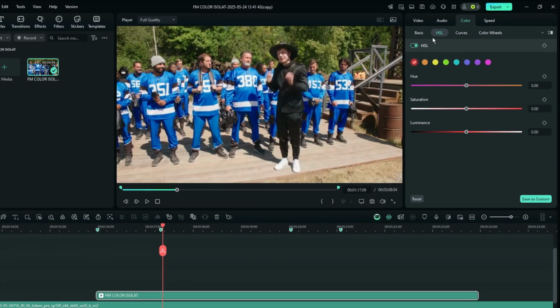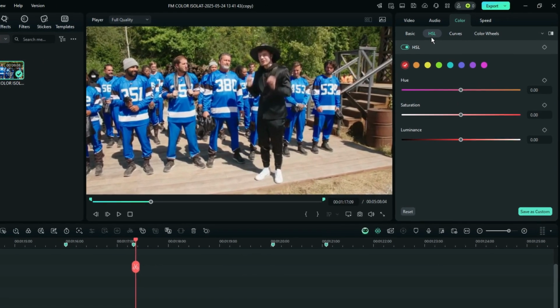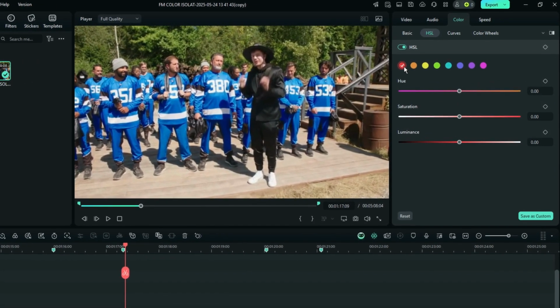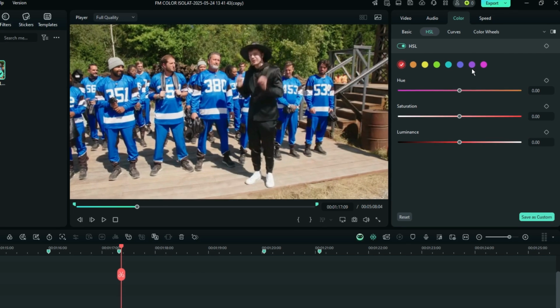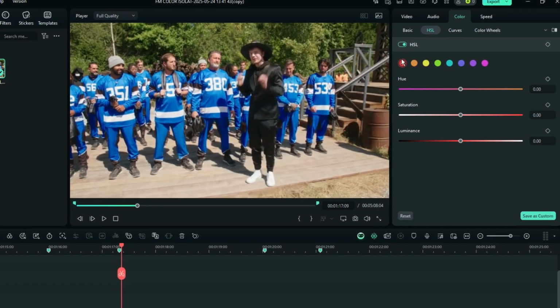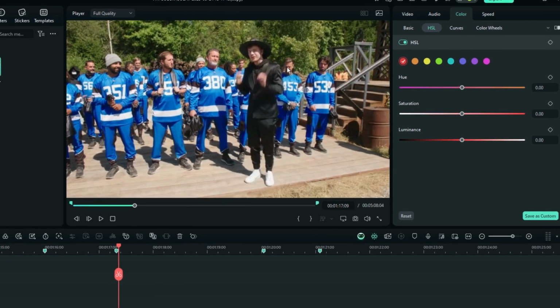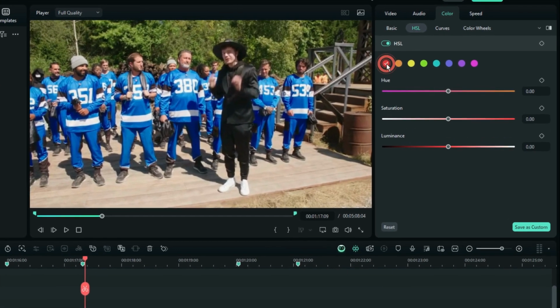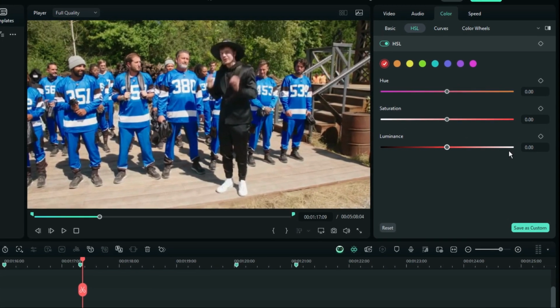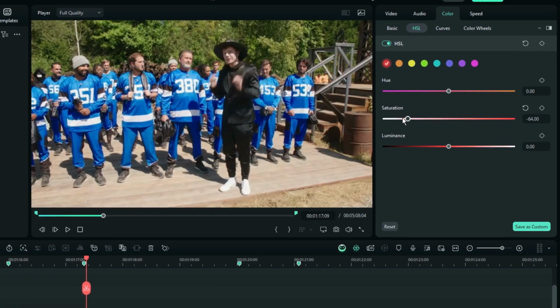So we are going to use the HSL, which gives us the opportunity to adjust or to desaturate all the 8 color channels, giving us the total control over all the colors of the footage. Starting with this first one right here, when I select it, I leave all other as they are, and then reduce the saturation to